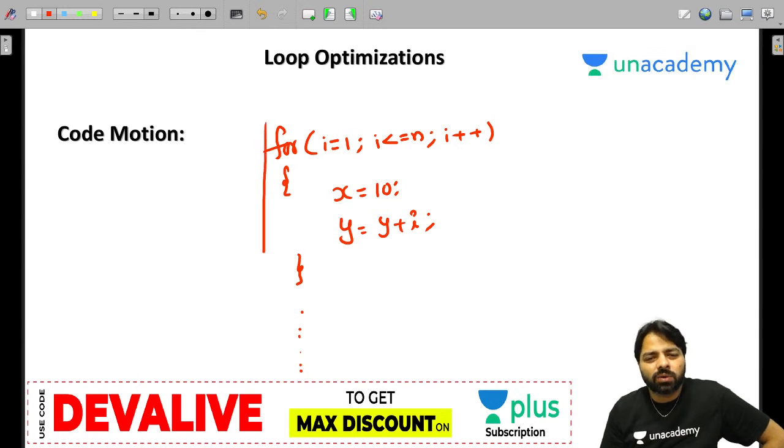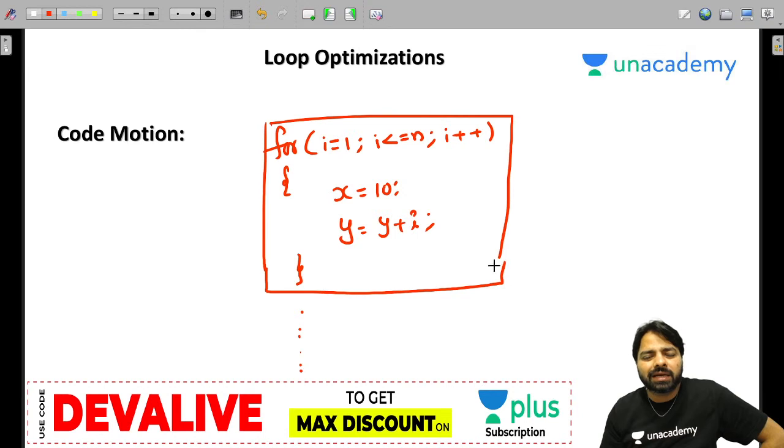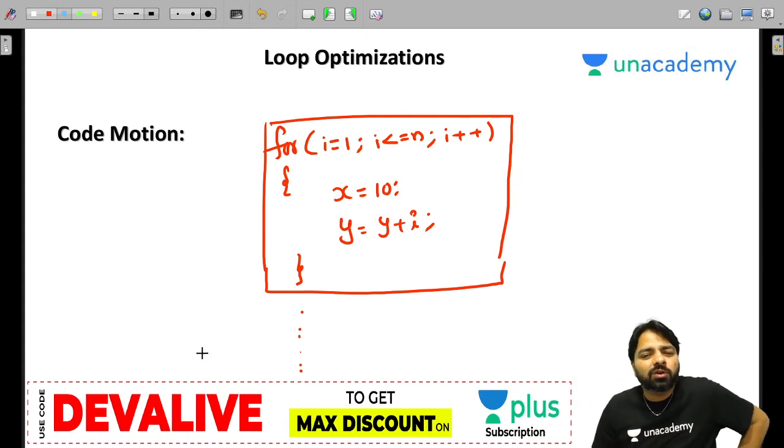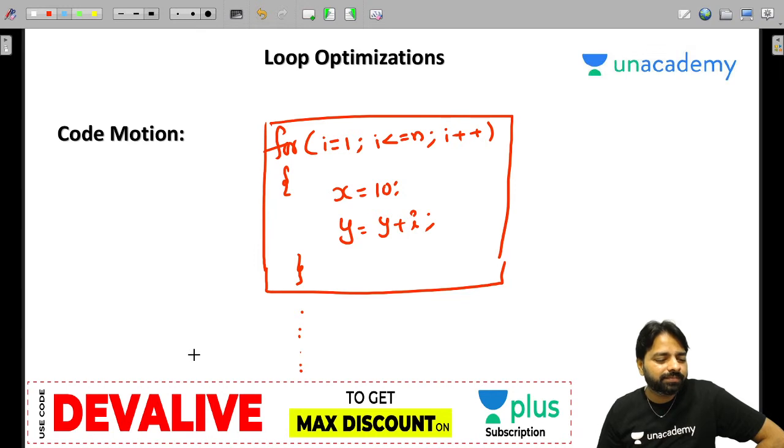Look at this code, inside this loop itself, something is happening that is wasting your time. Can you see which code you can move out of this for loop, still with no effect on the programming logic?